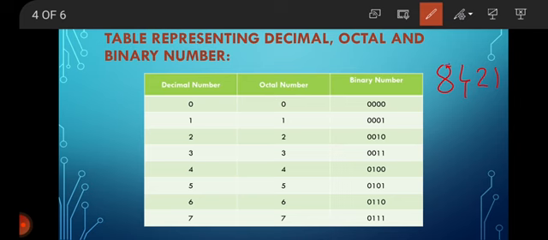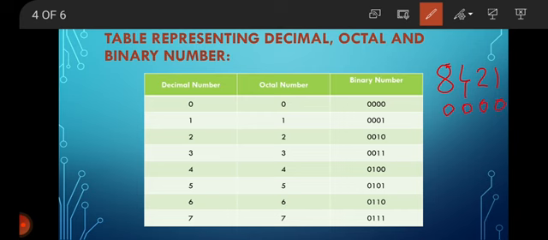For now, just know that 8421 is a code, and we will write the binary number using this code. So for decimal number 0, how will we write? 0 is not present in this 8421 code. Therefore, we will write 0, 0, 0 and 0.